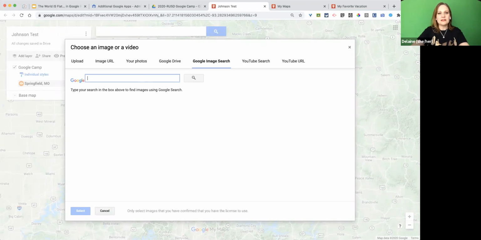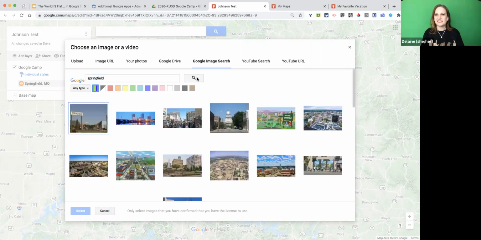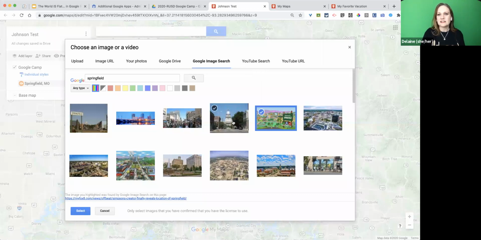So I'm going to do another search for Springfield. And I'm not even going to select a state. Oh, here we go. Lots of amazing pictures. So let's say that we were just talking about The Simpsons. I'm going to mark this picture. And can we do multiple picture uploads? Not yet. So students will need to pick one image, then click the select button at the bottom